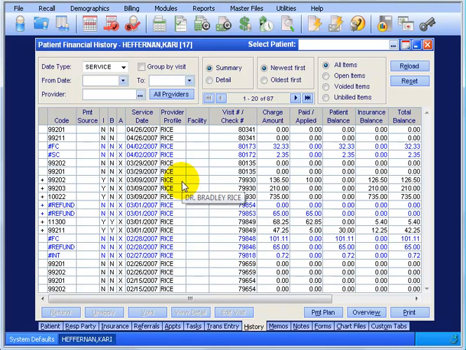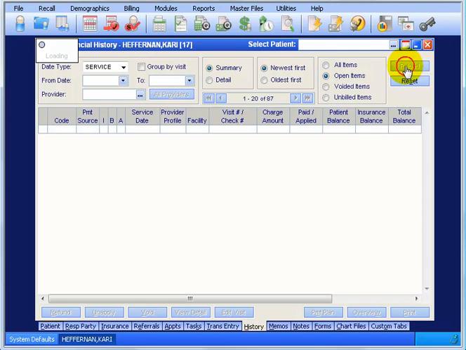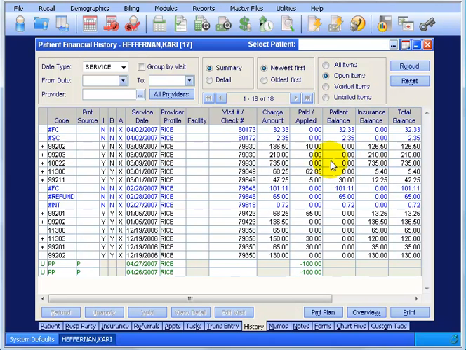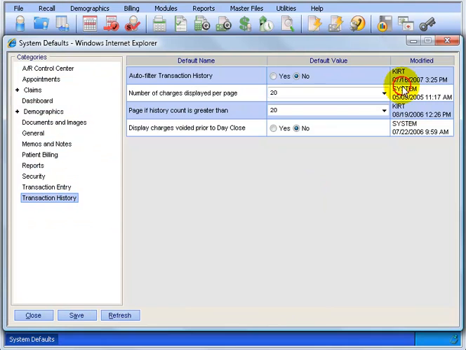And you can always do that. You're just saying initially by default, do you want to see everything or just open items and click reload? Just by default, just those that have a balance, either patient balance or insurance balance. That's all it means here for system defaults, because you can always override it. Most offices say yes, they just want to see what the patient has due, either by insurance or whatever balance